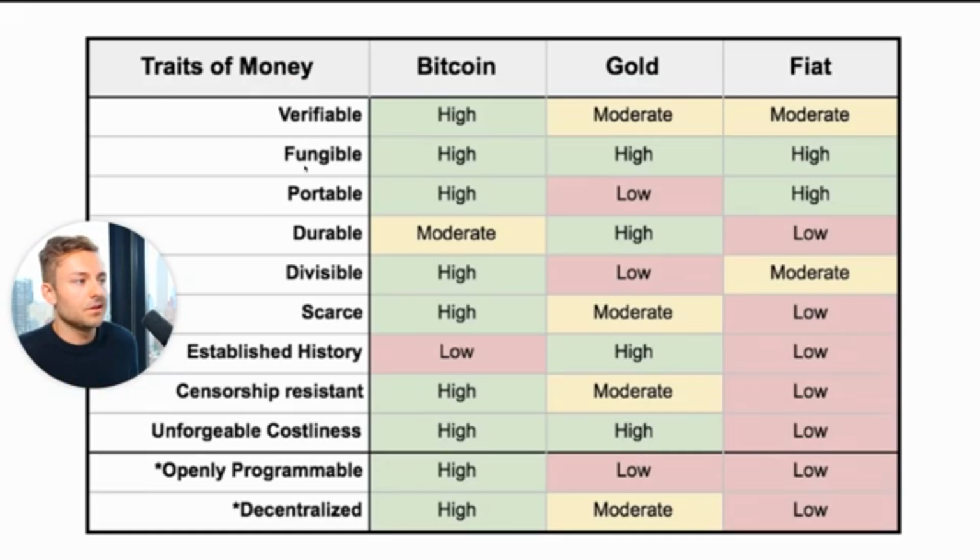Over here, we have a list of the important traits, and we have a cross comparison between Bitcoin, gold, and fiat, or the US dollar, or any other global currency. You can see that, typically as a store of value, people tend to look at something like gold. Now, if we look at how verifiable gold is, recently there were claims about countries not actually having the gold reserves that were being claimed, and requiring manual